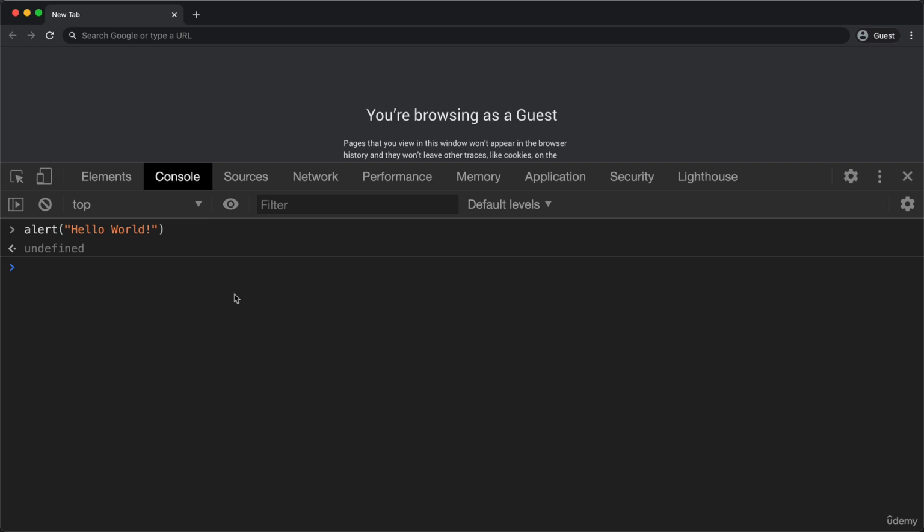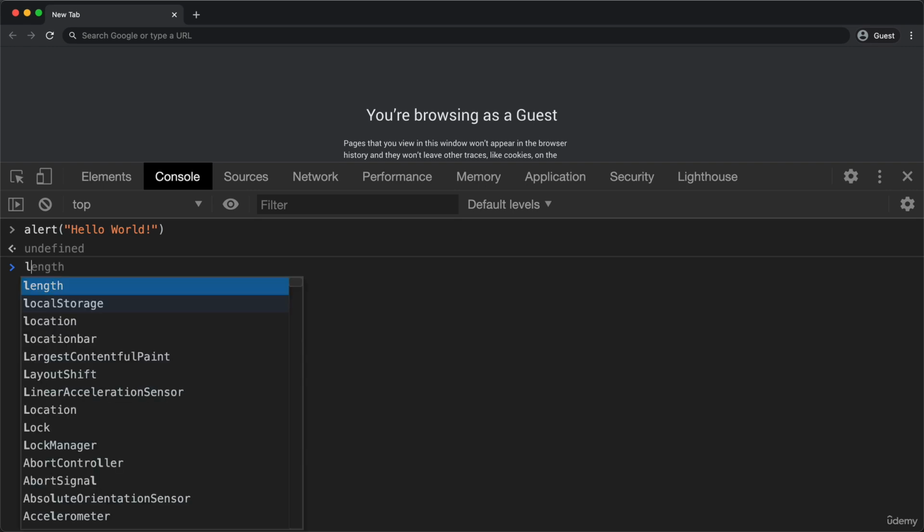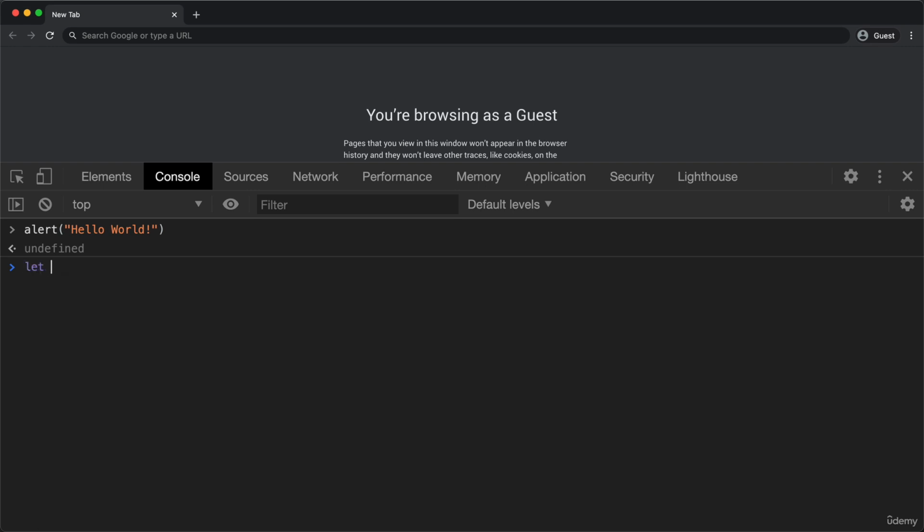So let's write some more JavaScript code, which of course you do not need to understand yet. I just want to show you some stuff that we can do. We will go into how everything works as we progress through this section, okay? So just to experiment a little bit, let's write a so-called variable. So let's say let JS equals